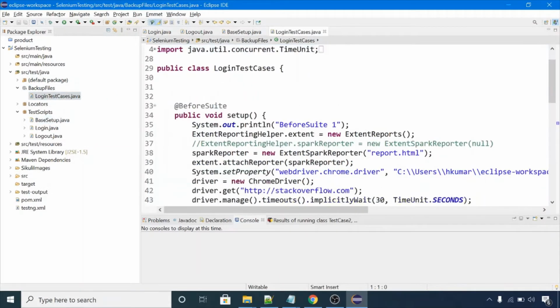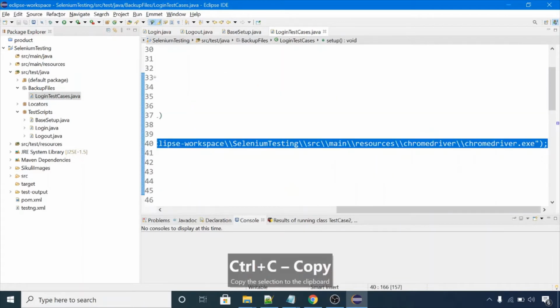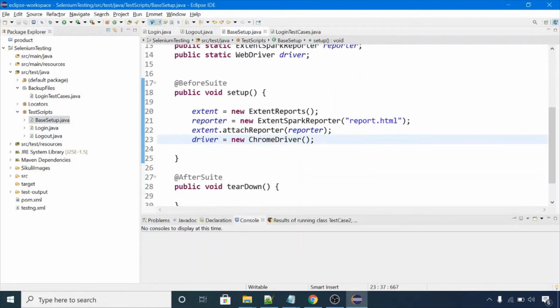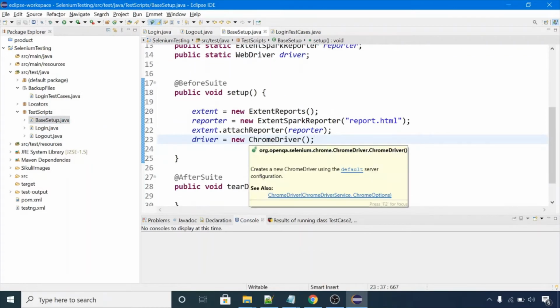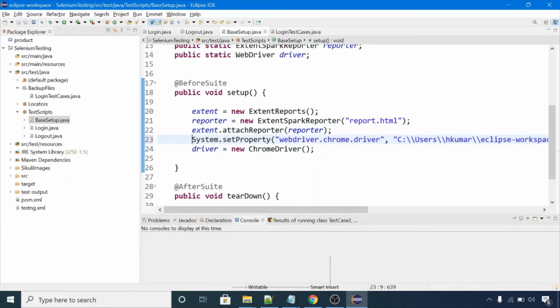Let me use the Chrome browser for that. So the driver is initialized.